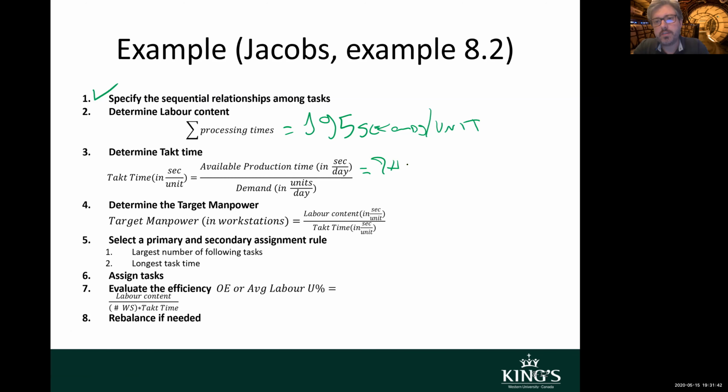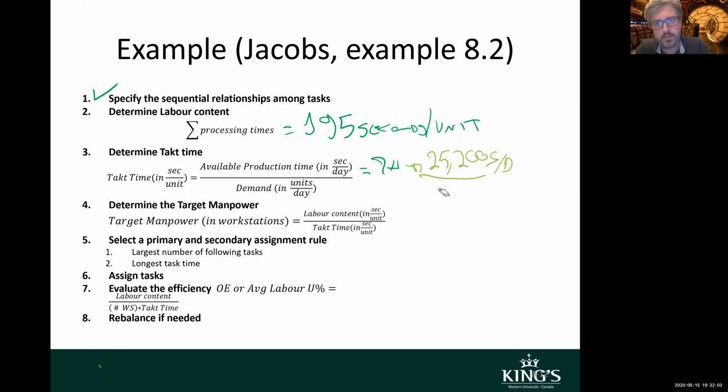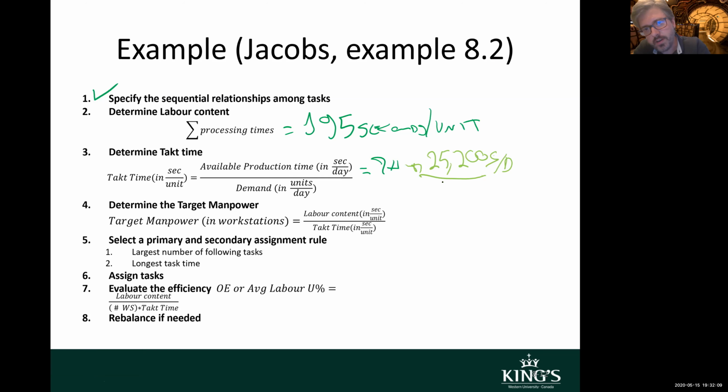So 7 hours, that is actually 25,200. And this is seconds per day. And my demand is 500 units. Oh my God, that 5 is awful. Sorry. All right. So this is 500 units